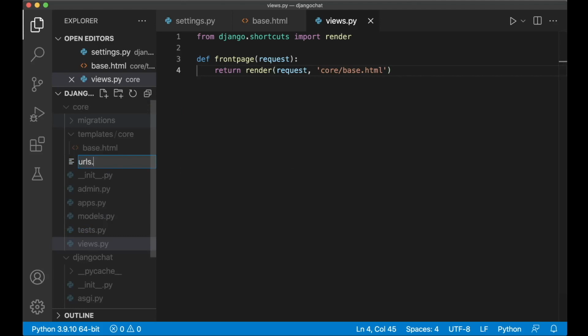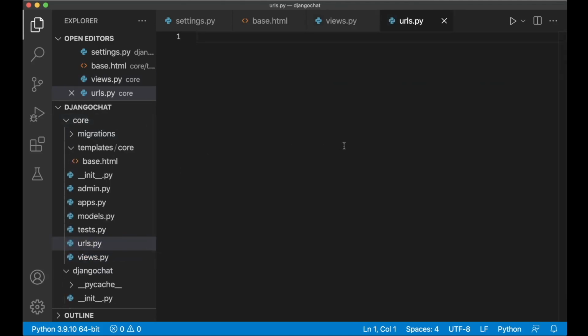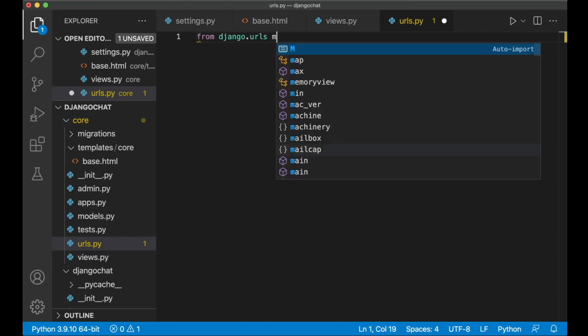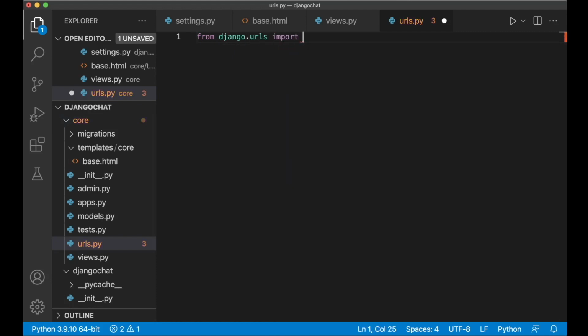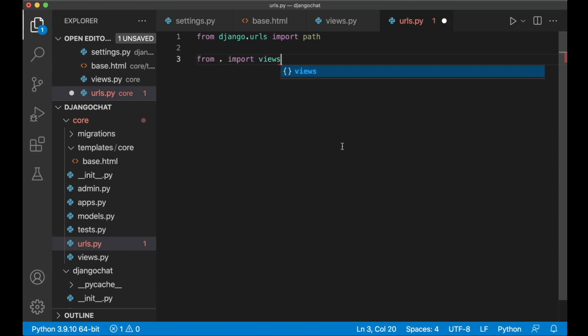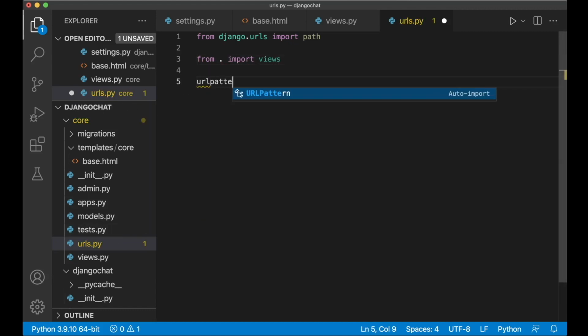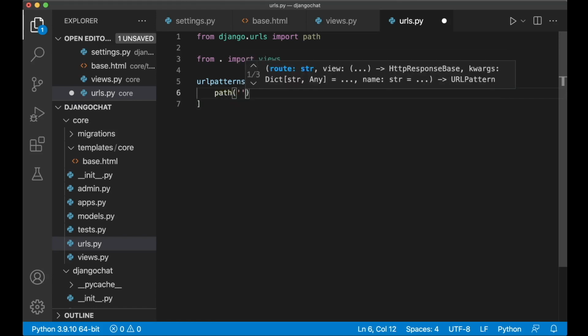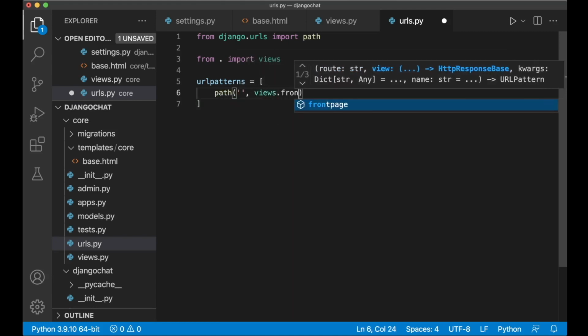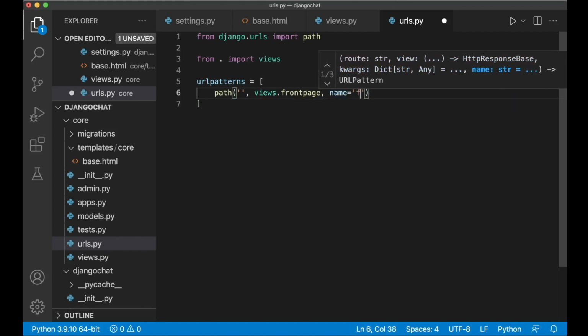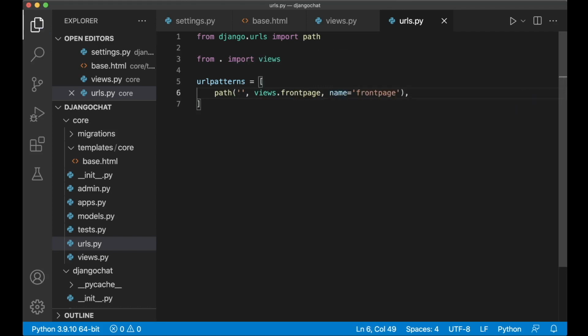So urls.py. And here I can say from django.urls import path. And then I can import the views from this app, from . import views. So just import the whole file. Then we need to set up the URL patterns, which is a list, and then just path. And when this is empty, we want to use views.frontPage. And we can also set the name to be front page, so it's easy to reference in other places in the